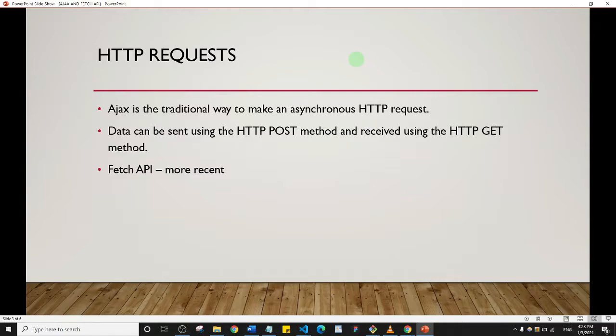So basically, the first I'll talk about is AJAX. AJAX is a more traditional way to make an asynchronous HTTP request. When I say asynchronous, it's just a word that describes the way operations or tasks are run. So the way most people think about how tasks run in JavaScript is that, let's say there